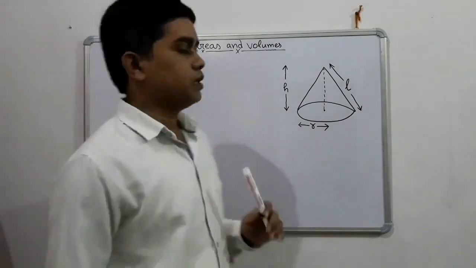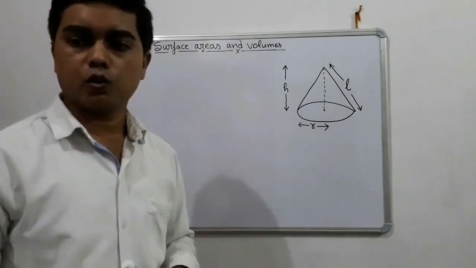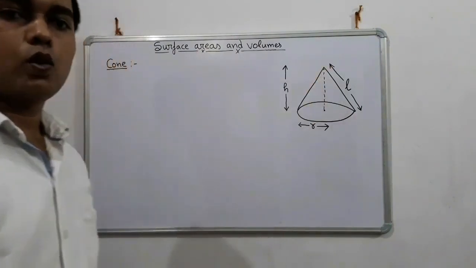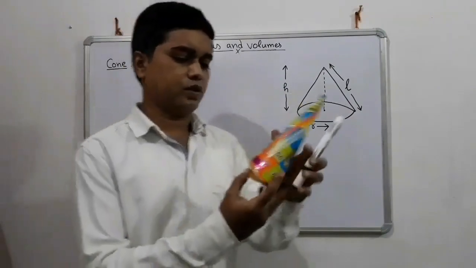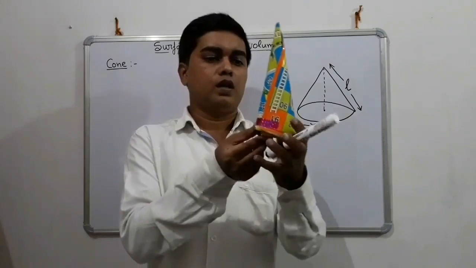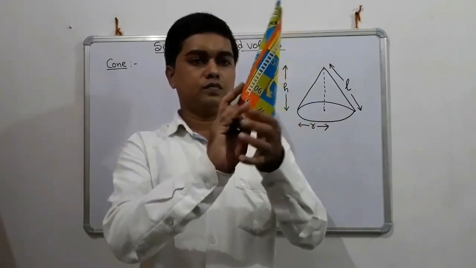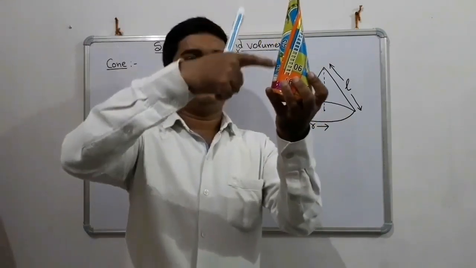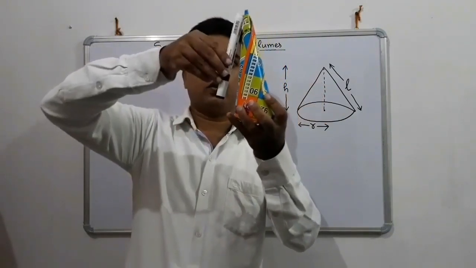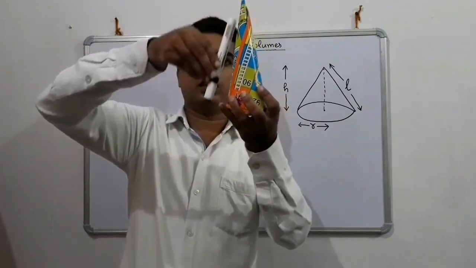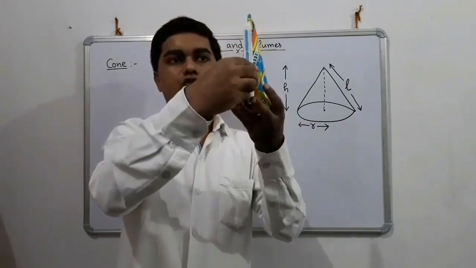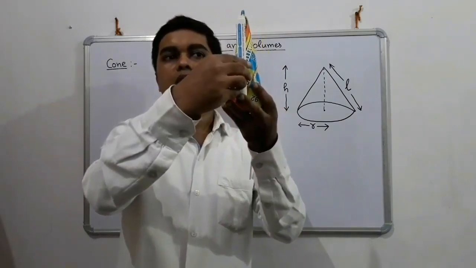Children, now we will discuss about the cone. So what is cone? See, this shape is known as cone. Suppose like this. See, this is cone, and this height, means इस तरह से जो आपको थोड़ा सा तिरछी वाली हाइट जो दिख रही है, this is slant height and straight one is height.